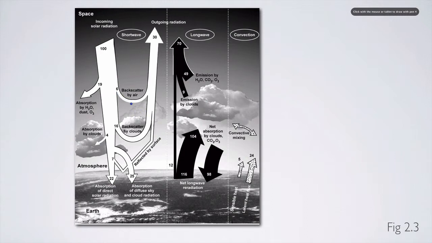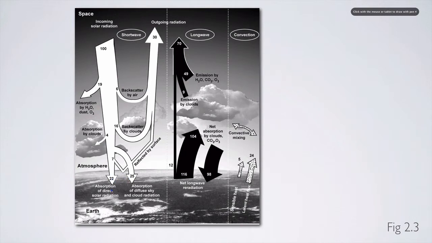Somewhere on the order of 23% of the incoming shortwave radiation is absorbed by the atmosphere. So you can see here that H2O, dust, and ozone are going to absorb about 19%, and then clouds and water vapor are going to absorb somewhere on the order of 4%. That's about a quarter of all the incoming energy absorbed by the atmosphere, by clouds. So 30% is reflected, 23% is absorbed by some component of the atmosphere, and that leaves us with